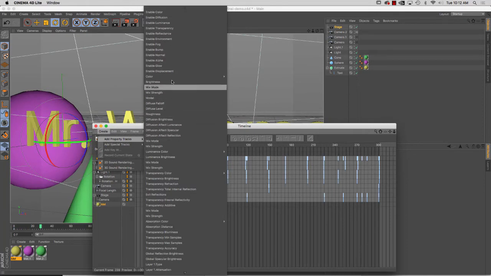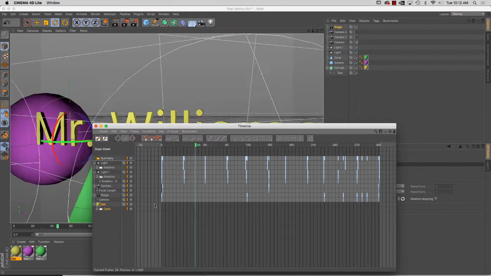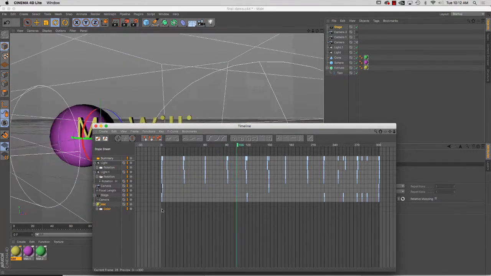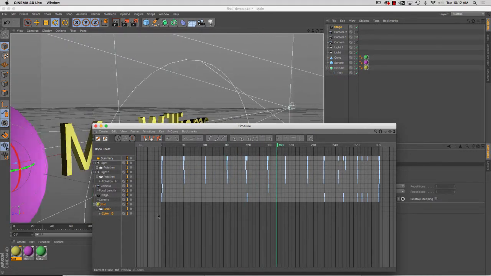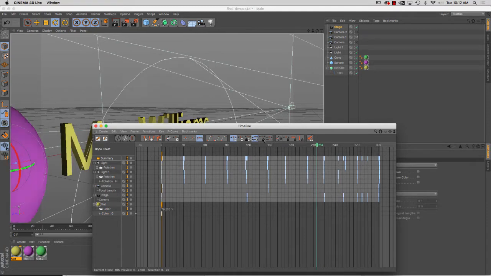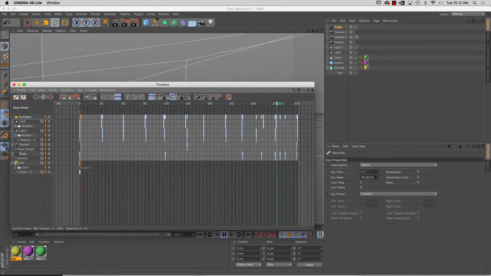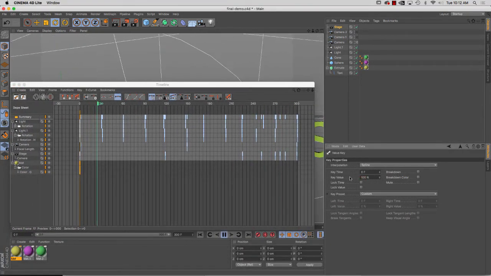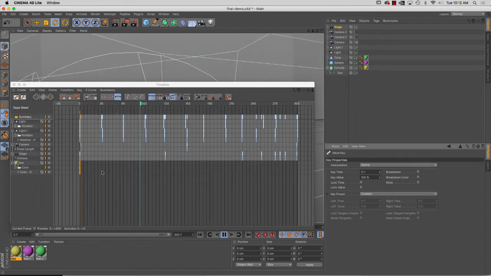Create property track. What shall we do? Let's just do yellow. Add some blue to it. Yeah, that's not going to be pretty. That's all right. Let's take the green out. So, I've got green, control, and start it off at 100, and it's going to go to 0,